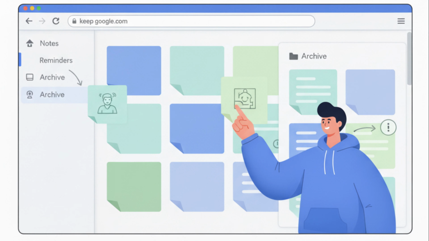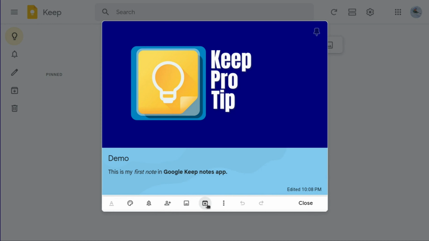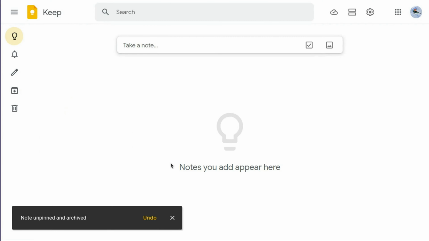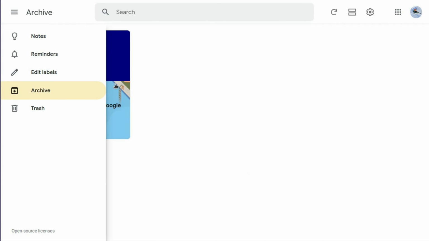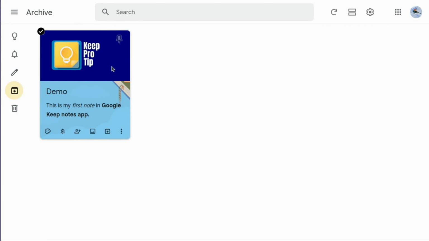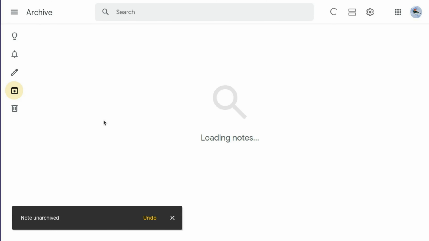Now we are going to see how we can archive our note. So in order to archive, we can click on archive and archive the note. Now in this option you can see this is our archived note. If you don't want to archive it, just click on unarchive and it will come back on your main